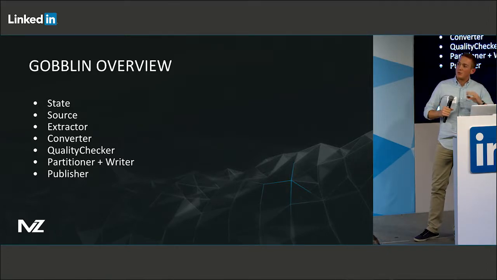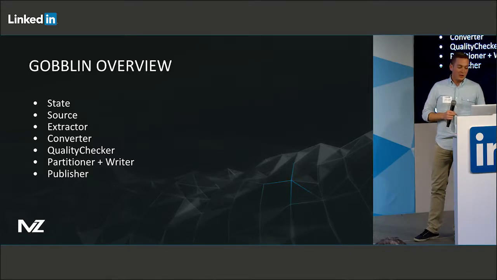Let me talk a little bit about the initial thing. I don't know how much people know about how it works, but I'll talk a little bit about this and then go over what customizations we had on top of that. So everything comes from the state. The state is all the properties that a job runs with. You use the state to generate all the work units that are sent for task execution, and basically the source takes the state to generate work units.